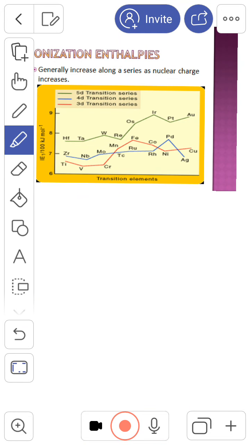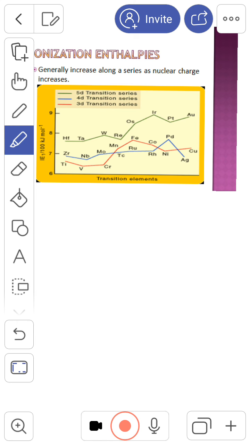Ionization enthalpies. Generally, the ionization enthalpy increases along a series as the nuclear charge increases for the transition elements. The ionization enthalpies of d-block elements lie in between s-block and p-block elements. They are higher than those of s-block elements and lower than those of p-block elements. Besides their regular increase, they have some irregularities in the case of the first transition series as well as the second and third